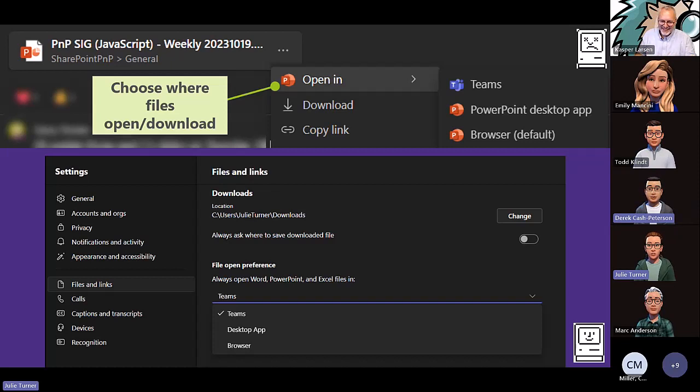As you can see, this lower slide here is settings. These are Teams client settings. If you go to the settings section and then go to files and links, you'll be able to choose where your download folder location is, or this little slide that allows you to say, ask me every time I download so I can pick where I want it. And further, there's a file open preference here. Full disclosure, I did not check what happens if I change tenants.